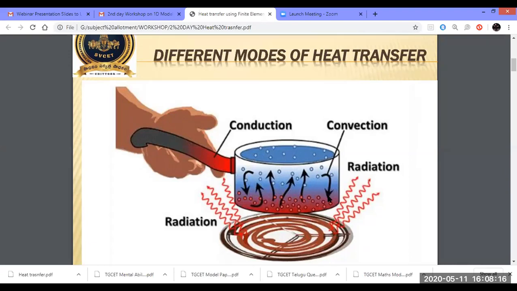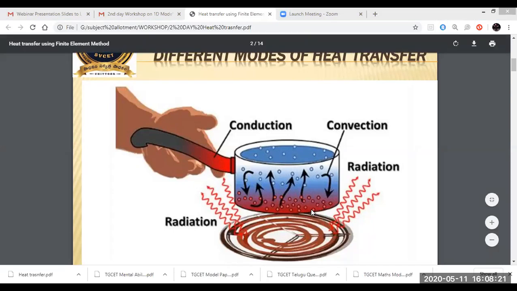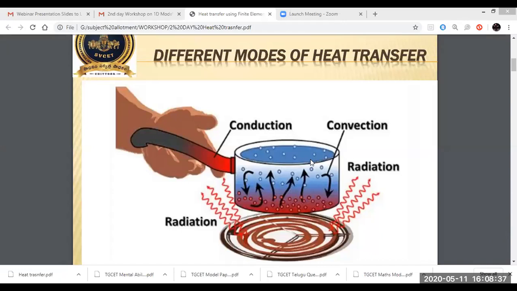Next one is convection. Convection means you are applying heat here. This heat first conducts through the container. After that, the heat is transferred to the liquid, or maybe any fluid. Automatically, the liquid from bottom to top layer slowly rises in temperature. That means heat is transferring in the liquid also. Whichever heat is transferred through fluids, we call convection. Now, what about radiation? Radiation means the outside. This is the radiation effect.